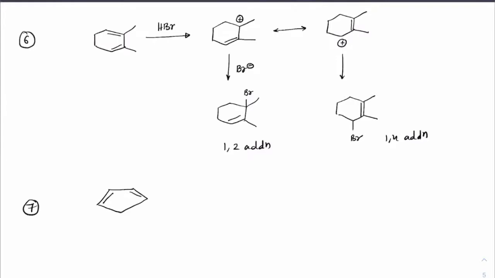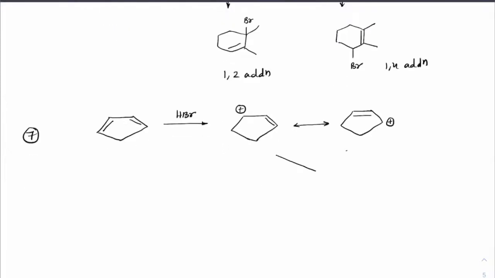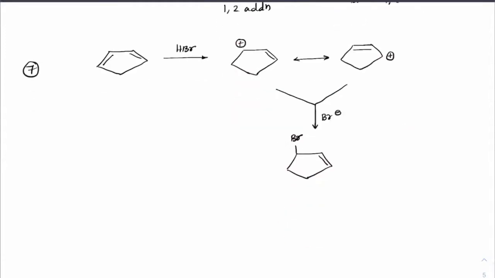If we have a double bond this way, and HBr is added. Now in this, even if you put more stable with positive charge here and double bond here, even after the resonating structure, we'll get the same product only. So if Br minus is added, the product formation is same only. Noticing these two are same. You add here or you add here, you'll get to the same product. So only one product. 1,2 and 1,4 are same products.